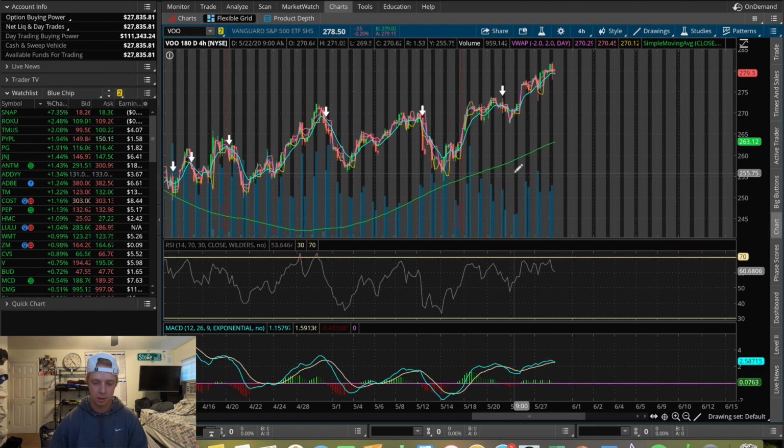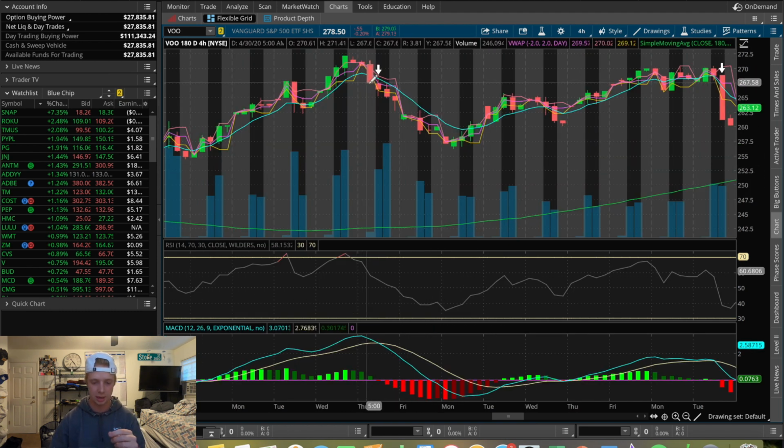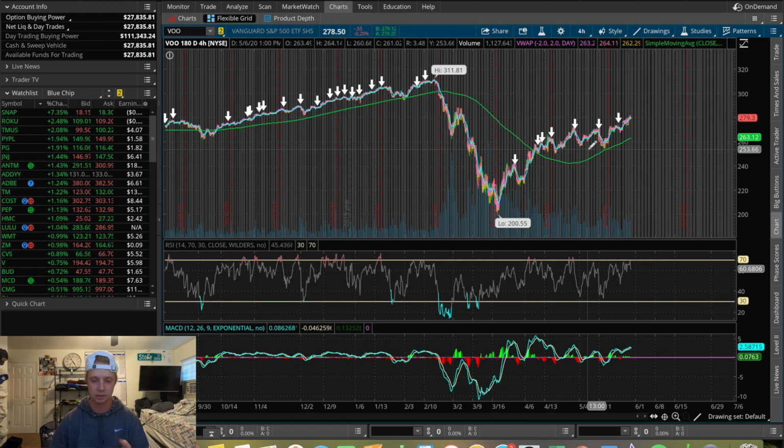And also the exponential moving average, EMA, which is the blue line, is a lot tighter, and this helps it act as a support and as a resistance. So if you look here, I'll highlight it to show you. You can see that if it drops below, it usually for a few days will go below it and act as a resistance, and then when it pops above the exponential moving average, it will act as a support